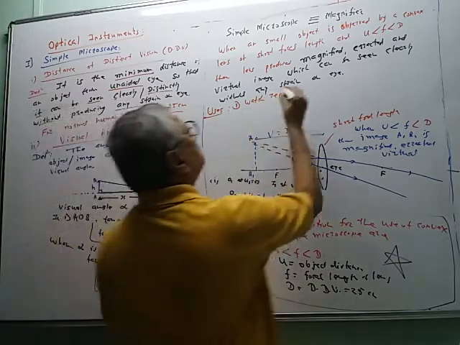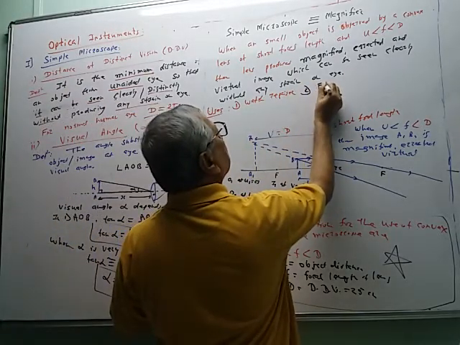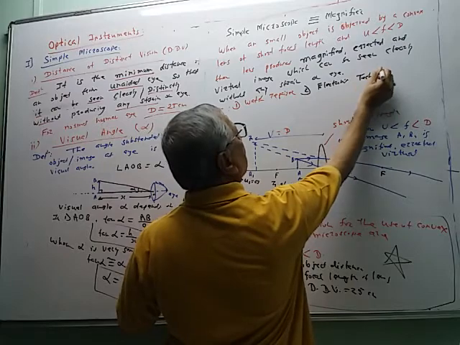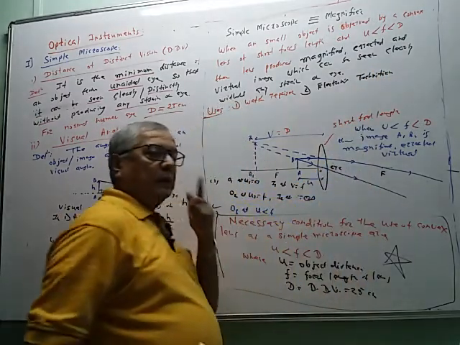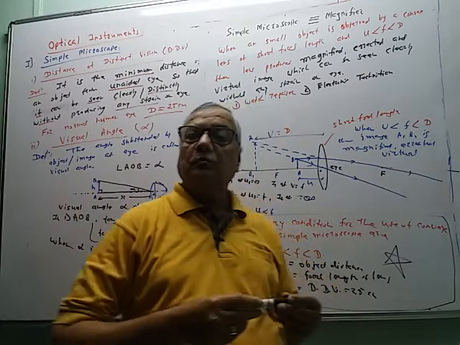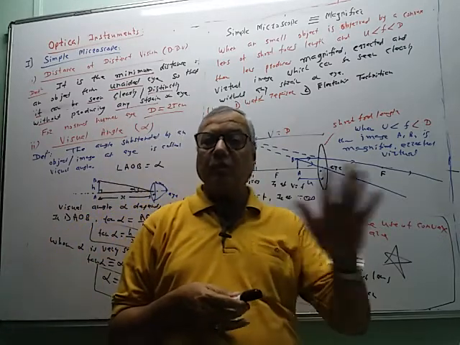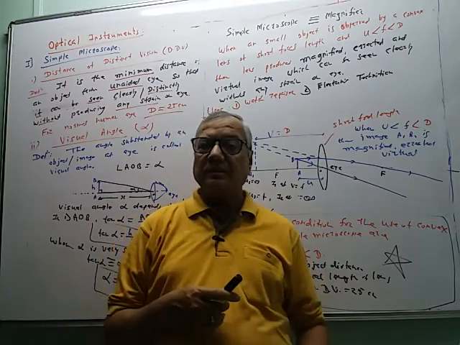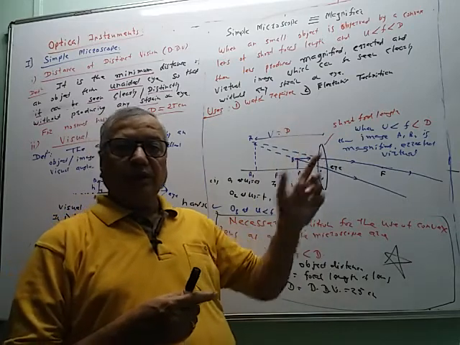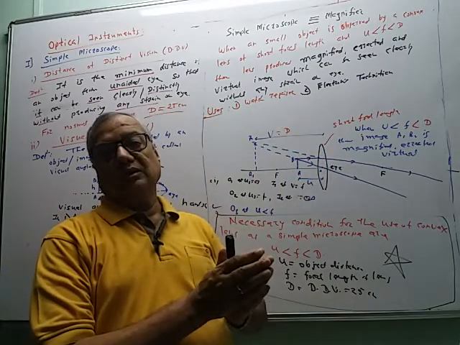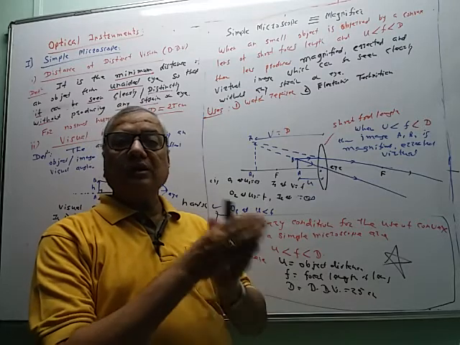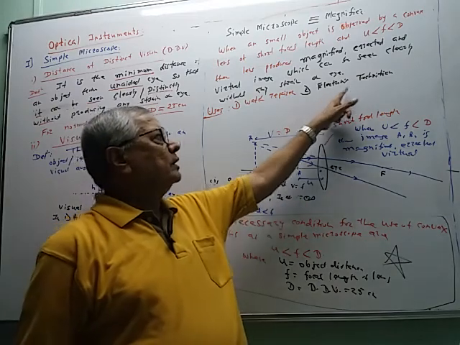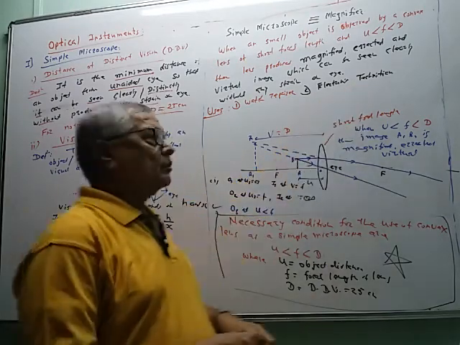Second use, it is used by electronic technician. हे जे काही कॉम्प्युटर, लॅपटॉप, मोबाईल, आयपॅडचे जे काही सर्किट बोर्ड असतात, PCB म्हणतात, प्रिंटेड सर्किट बोर्ड, तिथले फॉल्ट फाइंडिंग किंवा त्याचं रिपेअरिंग करायचं असेल तर तिथे पण लेन्स यूज करतात. The connections are so much close so that when we are to solder or desoldering process, or when we are to take the measurement by using multimeter, then the electronic technician uses the simple microscope.